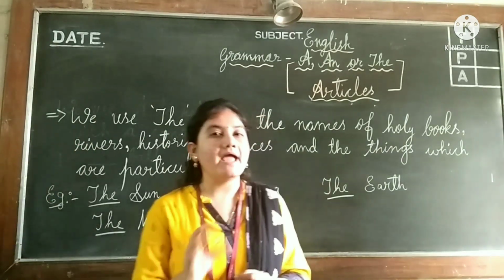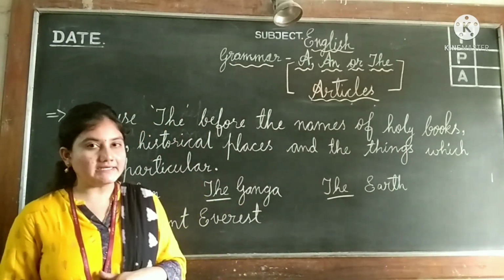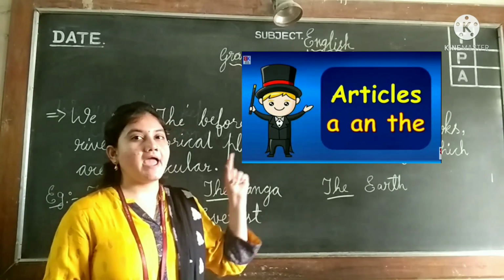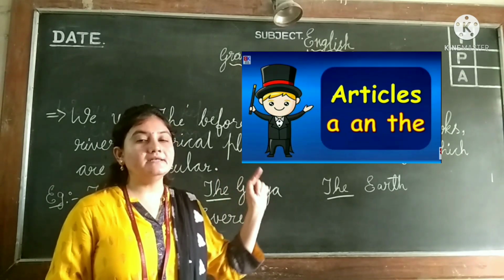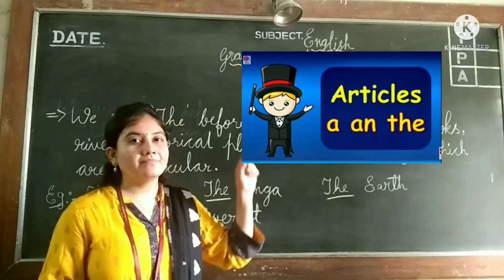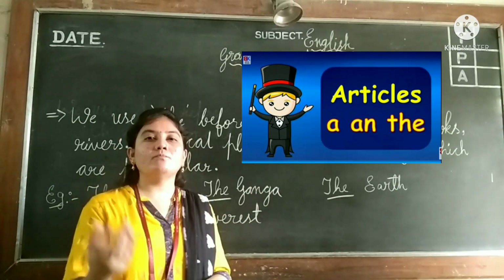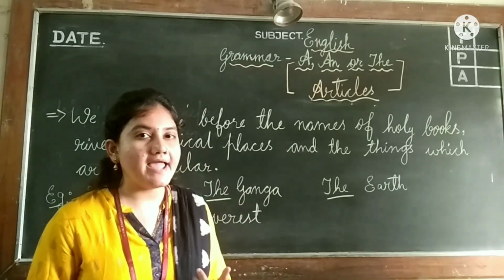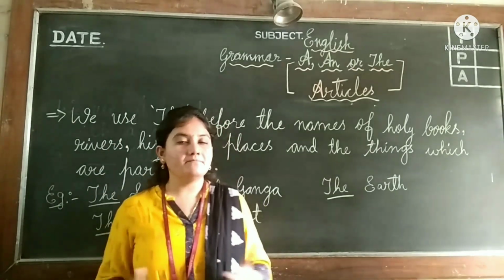So let me end up today's class. I think you might be perfect with the articles. Can you tell me which are the articles here? Yes, a, an and the are the articles. We have discussed in depth with many more examples on a, an and the. Okay, children? I want you to make still more examples on the articles a, an and the. Okay? So let me end up.